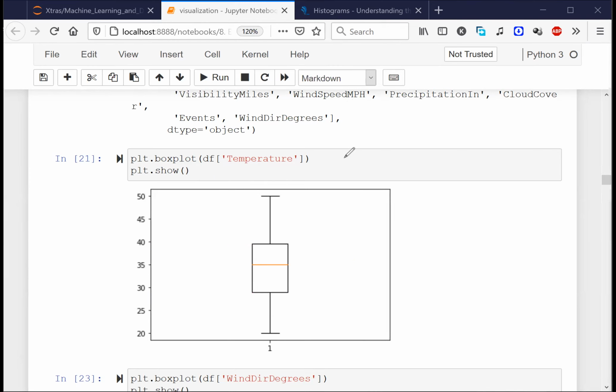Now, the biggest application of a box plot is to understand outliers. In order to understand whether the data contains outliers or not, we create a box plot on each and every column. If you see any dot above the upper whisker or below the lower whisker, do you remember that an outlier is nothing but extremely large values or extremely small values? So these are the outliers.